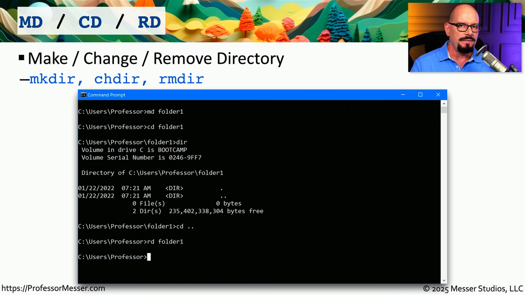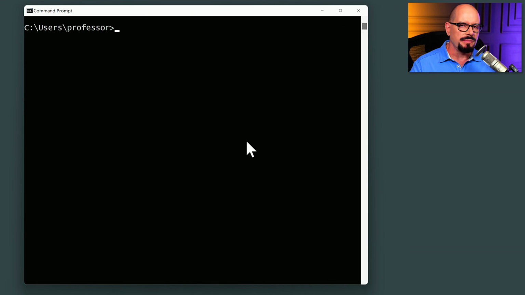Three more useful navigation commands that we'll use are the make directory, change directory, and remove directory commands. These are the mkdir, chdir, and rmdir commands. We'll be able to use those to create directories, move into that directory, and then remove the directory once we're done. Let's try using some of these commands at my prompt of